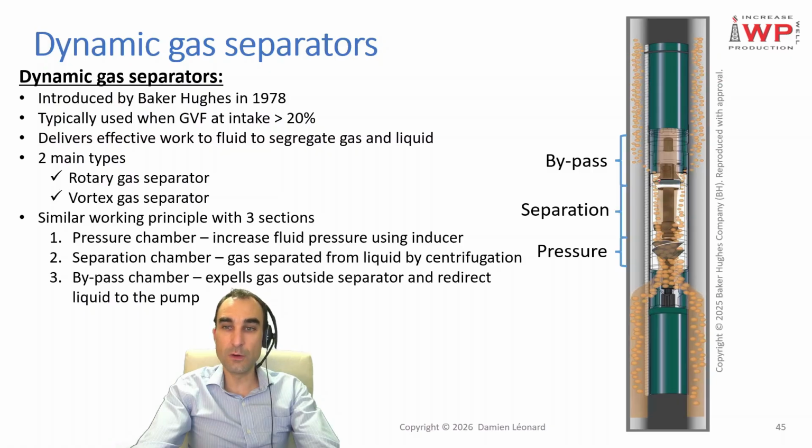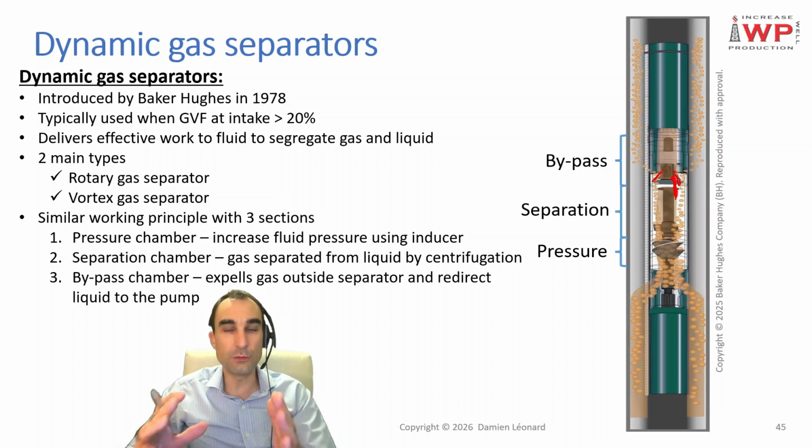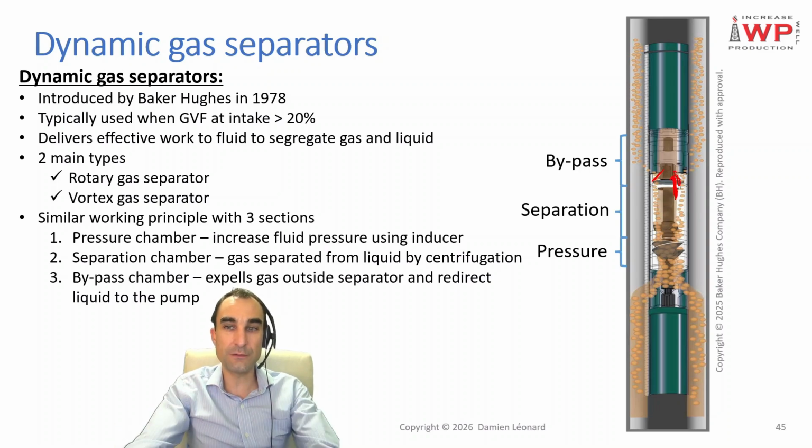So how does that work? Basically, you are going to have some vent ports in the middle like this. You have this kind of cup this way, and the gas is going to enter by the middle as it was already gathered around your shaft. It will enter this cup by the middle, and there you have some vent ports which are going to send it outside of your gas separator, while on the other hand the liquid is going to go around this cup and be redirected towards the center of your gas separator